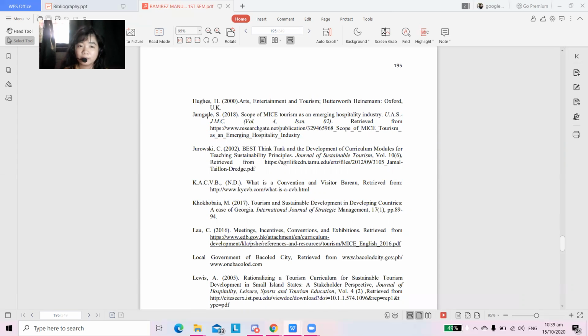If you're using Sci-Hub to gain access to articles you can open in Google Scholar, the reference is already arranged in APA format. What do you mean by APA format? APA stands for American Psychological Association. So in APA format referencing, the last name of the author comes first, then the year published, name of the article, name of the journal, and the link. That is the APA format, class.